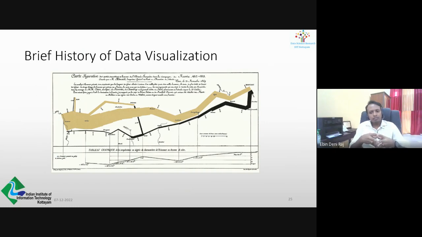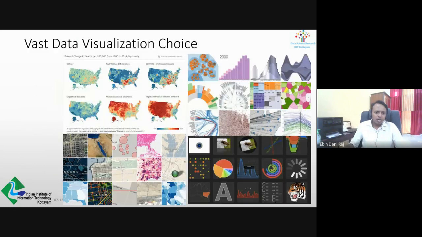So especially with the increased influence of data science, AI, machine learning, all these key terms, there is a lot of visualization happening. So I'll just show you some of that. There are a lot of options, and even if you have all the techniques and all the tools, choosing the visualization is always a crucial aspect. If you choose a wrong visualization, then even if your data is right, and even if you have put it right, but still if it is not communicating with your audience, then it may not make much sense.